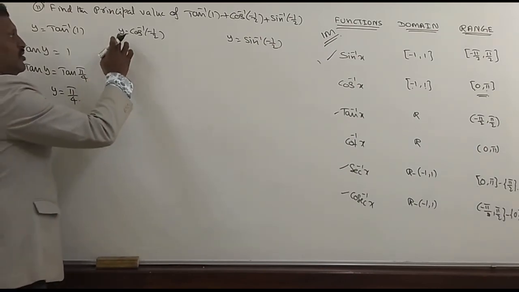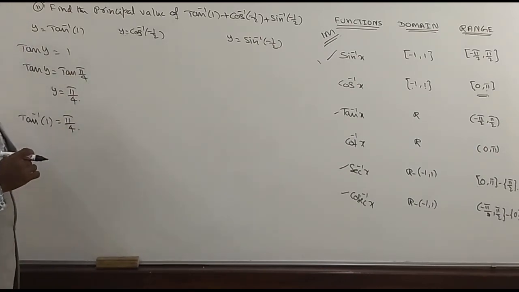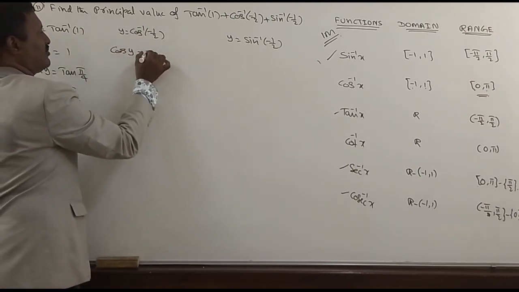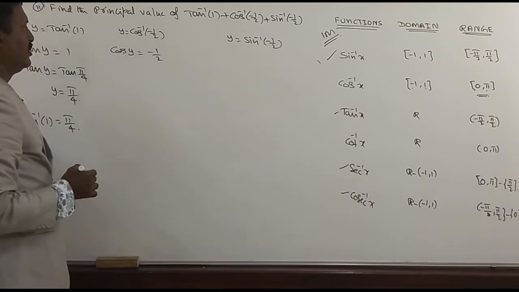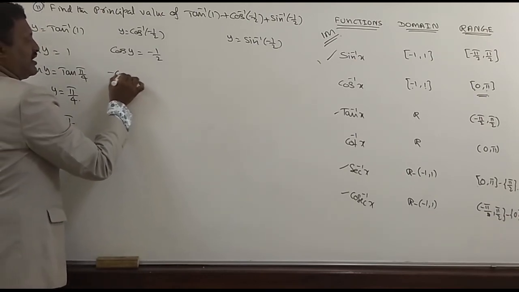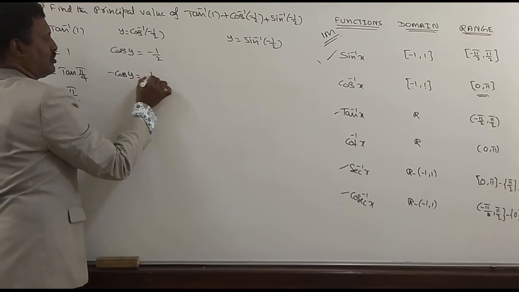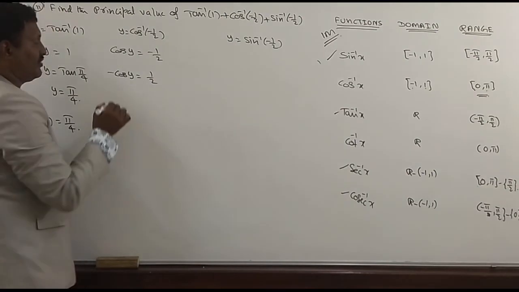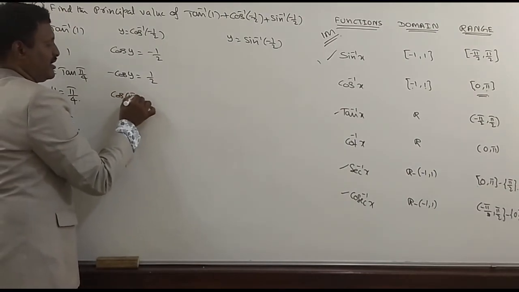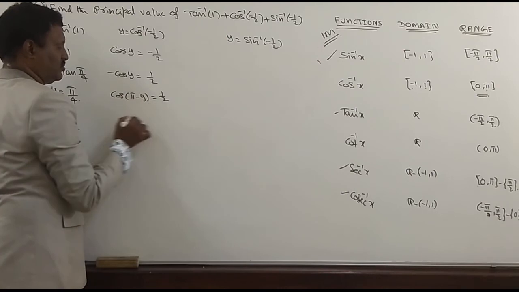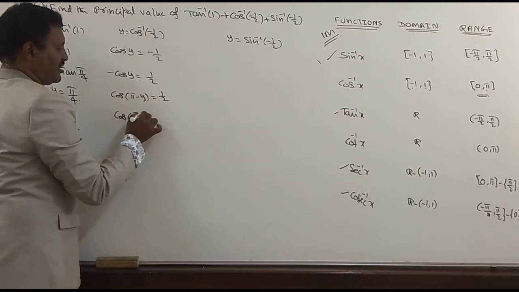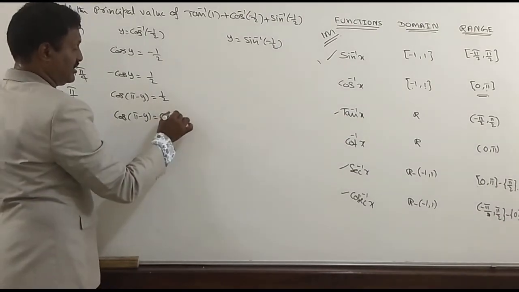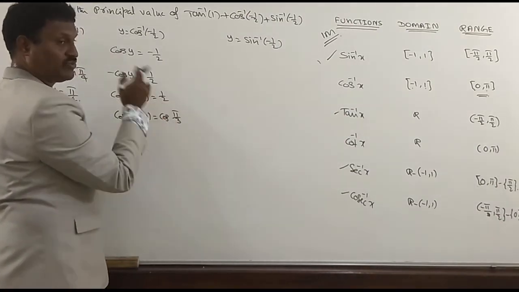Then next, second one, y is equal to cos inverse of minus 1 by 2. Taking cos to the left hand side, we can write cos y is equal to minus half. Now multiply by minus sign, we can write minus cos y is equal to 1 by 2. Minus cos y, in the second quadrant, it is negative. So we can write it as cos of pi minus y is equal to 1 by 2. Now cos of pi minus y is equal to 1 by 2. In terms of cos, we can write it as pi by 3, 60 degrees. Cos 60 is 1 by 2.